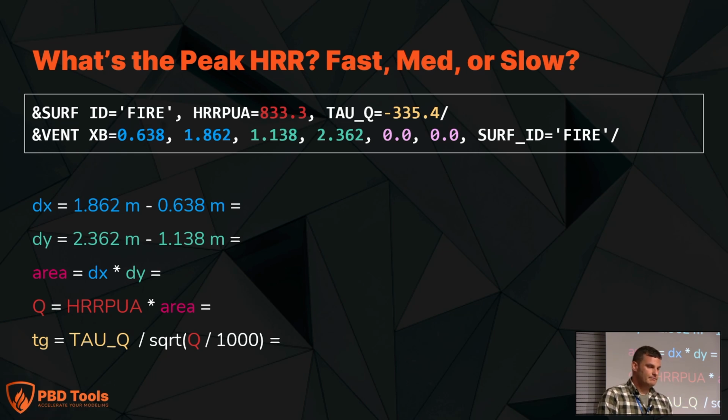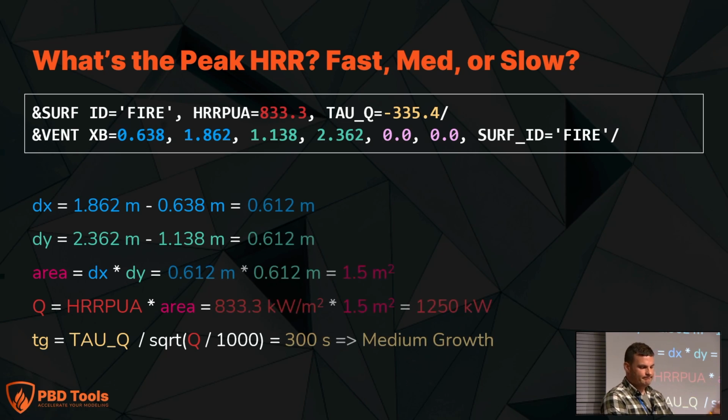What about the peak heat release rate or the growth curve? Well, you can take your x's and y's, calculate the lengths of those, get your area, multiply your area by the heat release rate per unit area, and you get, this is a 1,250 kilowatt fire. And you can do the math to find out it's a 300-second growth curve, which is a medium growth fire. But instead of writing this FDS code that's a little hard to parse and you have to do the calculations for,